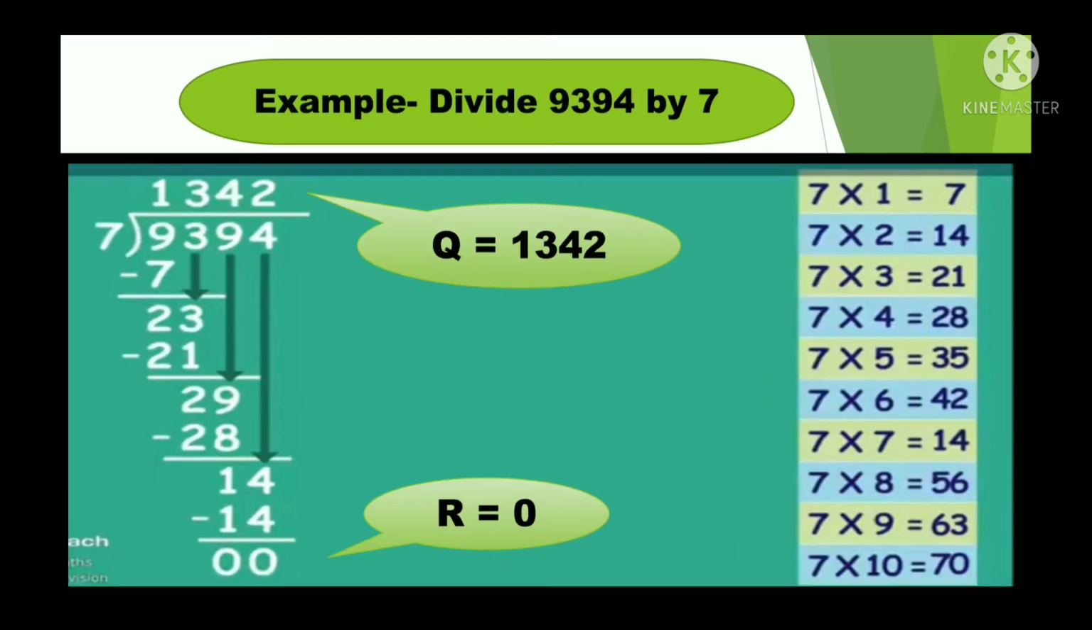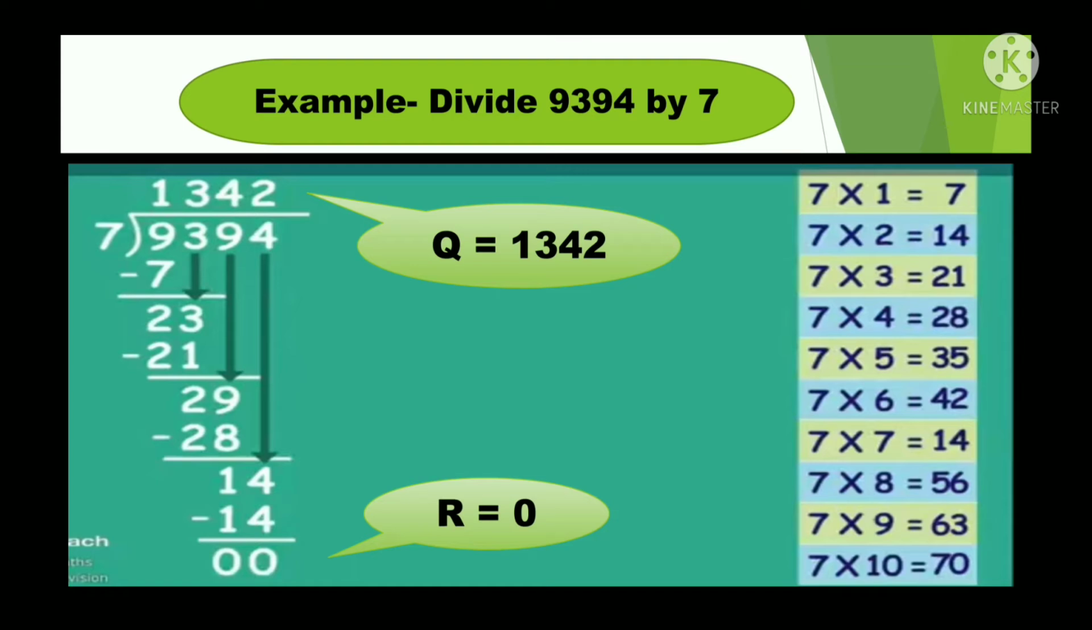Now example 2 is divide 9394 by 7. So for that also we'll do the same thing. We'll follow the same process. First we have to take one digit number because we are dividing this number by 7, and 7 is one digit number. So first we have to find out in 7 table which number is